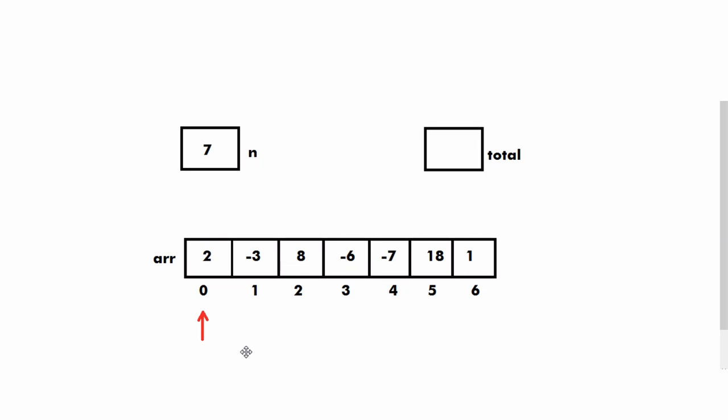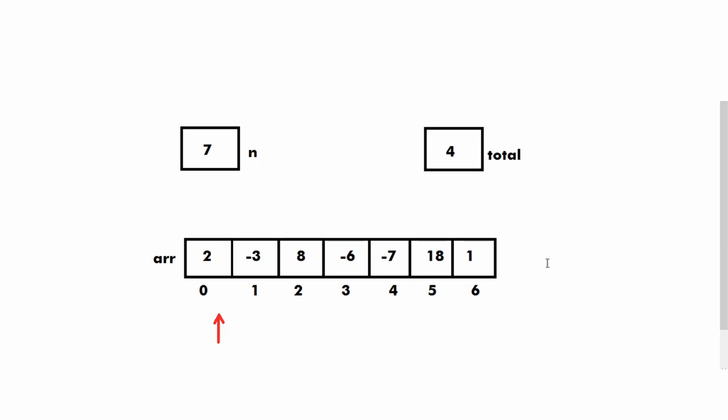So for example, in the first case the index is 0. So we will add the value 2 in the variable total, and after that we will move to the second index. 2 is also even. So again we will add the value 8 to the total. Then we will move to index number 4 and the value is -7. So we will again add -7 to the total variable. And at the end we will move to index number 6 and add the value 1 to the total variable. In this way we will get the result as 4. So in this way we are going to find the sum of fertility values for the first day.